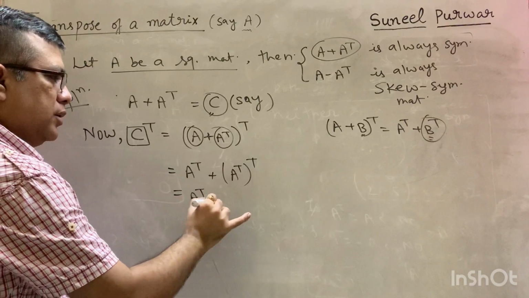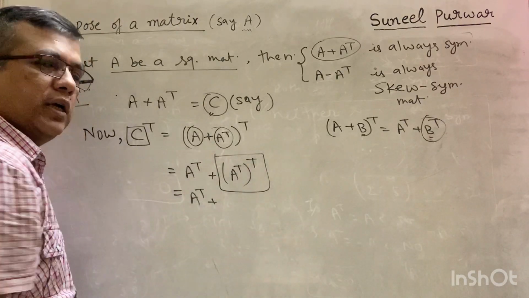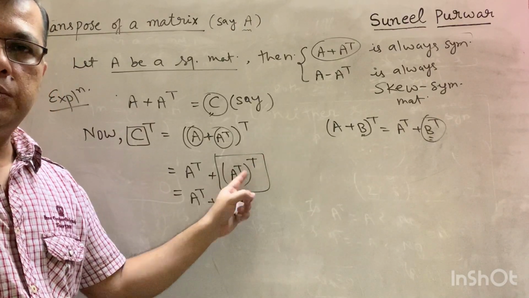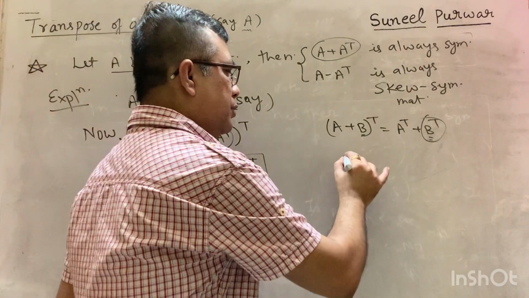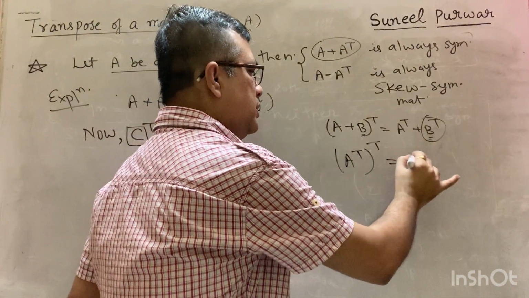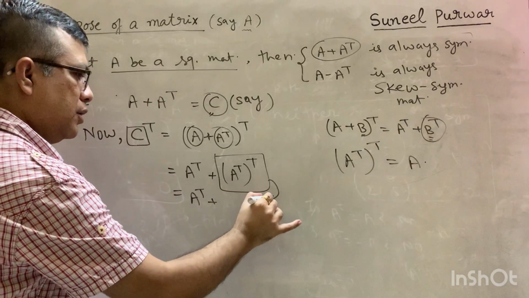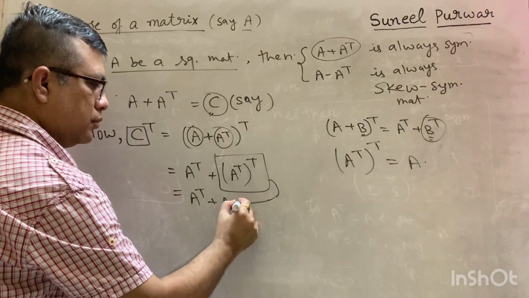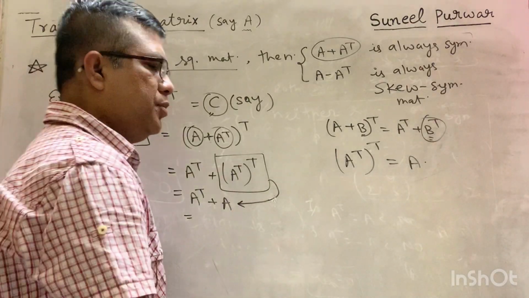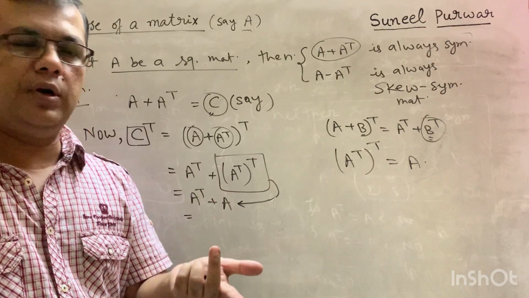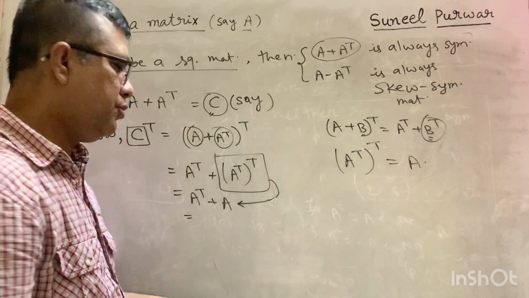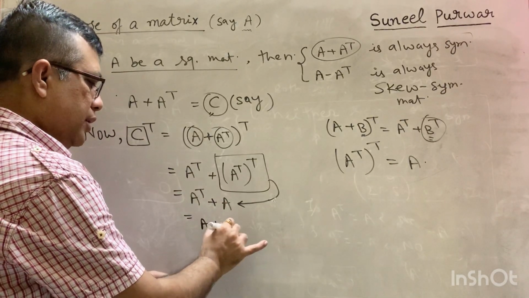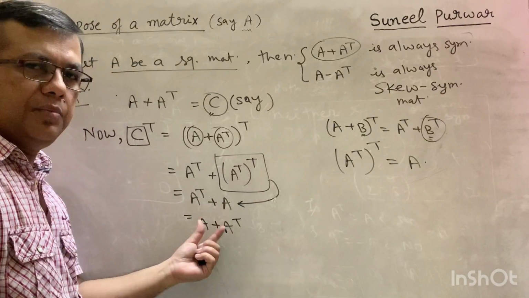ओके, तो देखो हमको क्या मिला? A ट्रांसपोज प्लस, और देखो ये पहली प्रॉपर्टी थी ट्रांसपोजेस की कि ट्रांसपोज ऑफ ट्रांसपोज इज सेम मैट्रिक्स. ओके, ट्रांसपोज ऑफ A ट्रांसपोज इक्वल टू A. That was another property which was told to you. सो ये क्या हो गया? व्हाट इज दिस नाउ? मैट्रिक्स A. And you know this matrix property, that addition of matrices is what? Commutative. So चाहे A plus B लिखो या B plus A लिखो, it is same. So from commutative property, this can be written as A plus A transpose also. A plus B is same as B plus A.